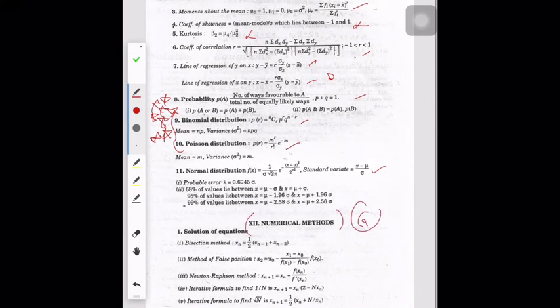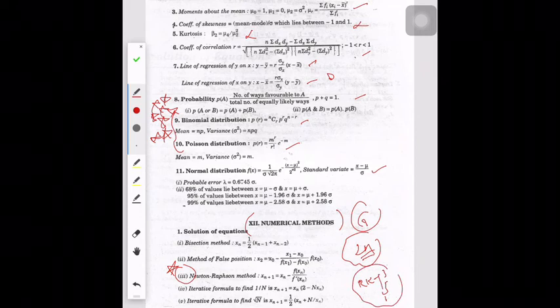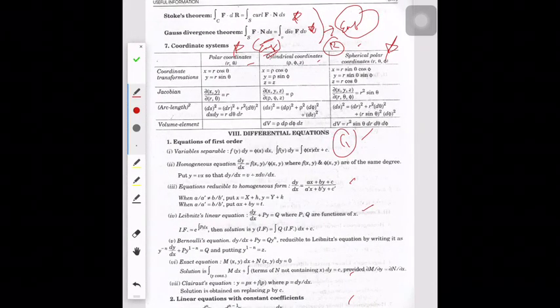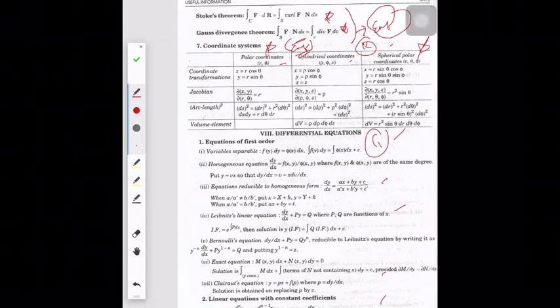Numerical methods, important for GATE, 2 marks. Identity, they will go for Newton-Raphson. Now they are going for the Runge-Kutta method, third order, fifth order, and so on, to make it more difficult, right? Trapezoidal rule, yes, important. So these are the formulas, and for each subject I have mentioned where exactly, in which exam and which subjects, it is useful.